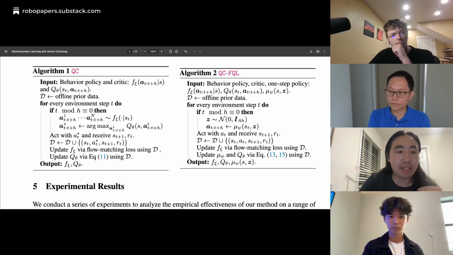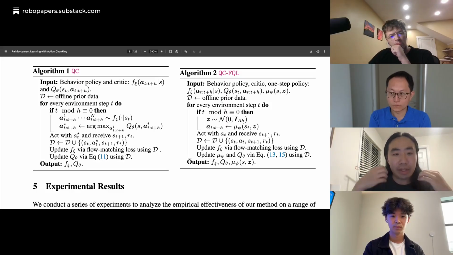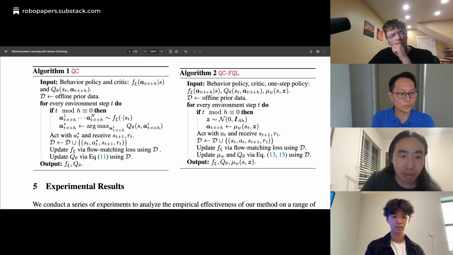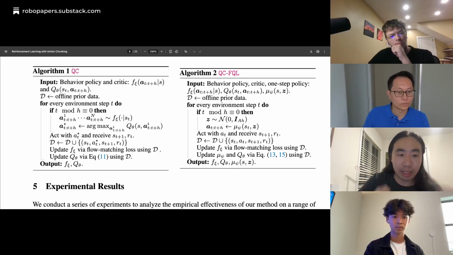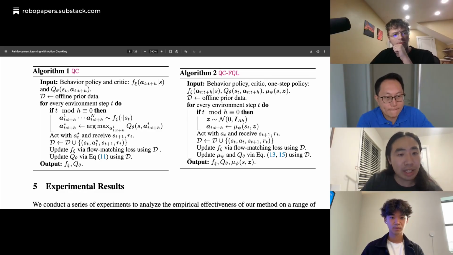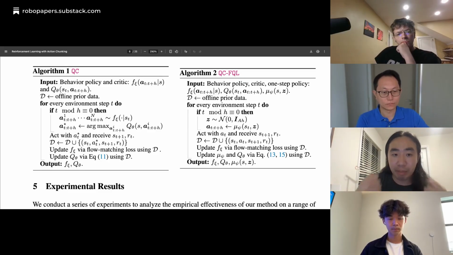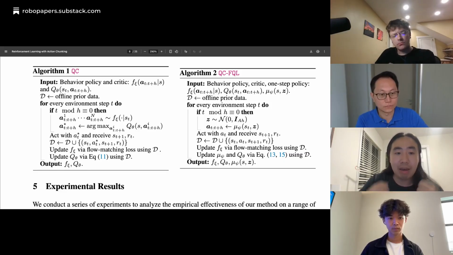And the second network that we're going to learn is a critic, which is a Q function that provides the value of executing this action chunk at the current state. So essentially, it's judging how good it will be if I were to execute this action chunk at a particular state. So how are we going to learn it? We're going to use the normal TD backup loss for Q learning. But instead of using an actor to provide the action for the Q learning target, we're going to sample a bunch of action chunks from our behavior policy and pick the one that maximizes our value network.